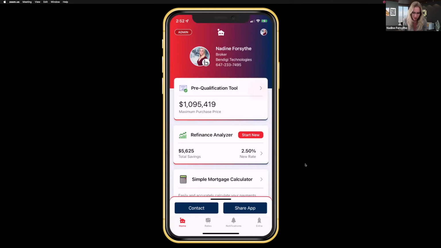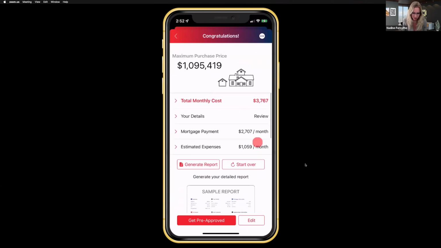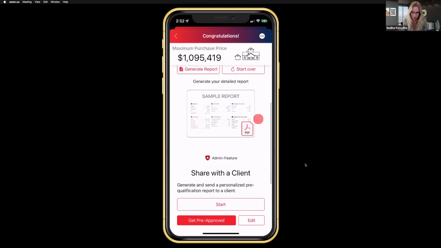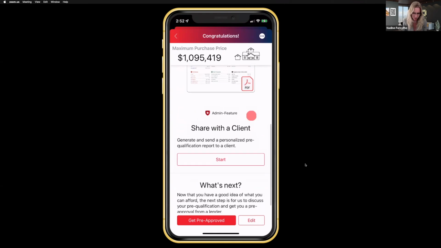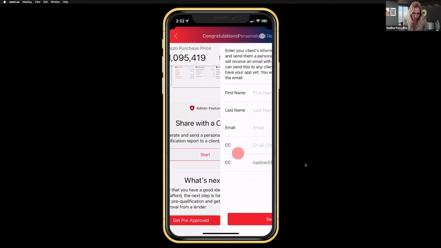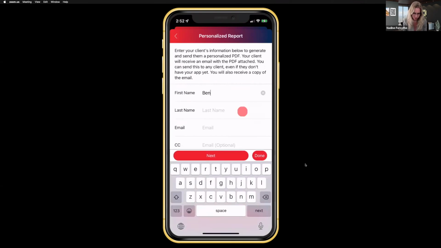So if I am answering these questions over the phone, or someone has sent me an email and I want to send them a really nice report, I can do the pre-qualification on my client's behalf as the mortgage agent broker. And I simply go to the admin feature section and I can email it over to them. So I just enter their first name,